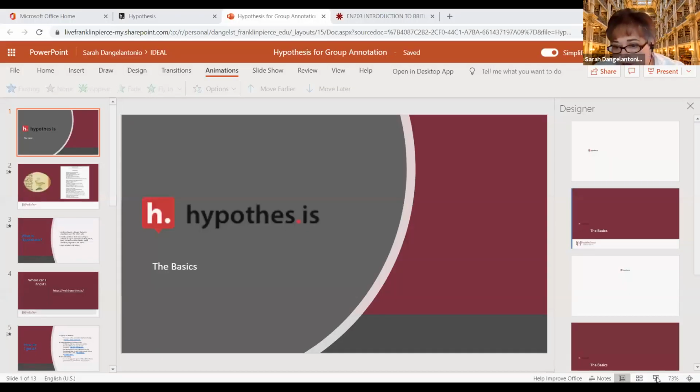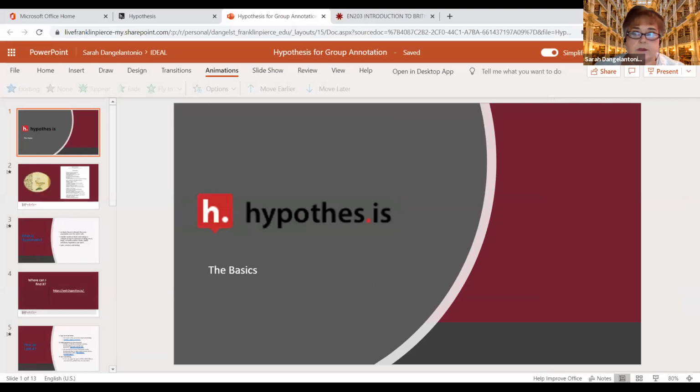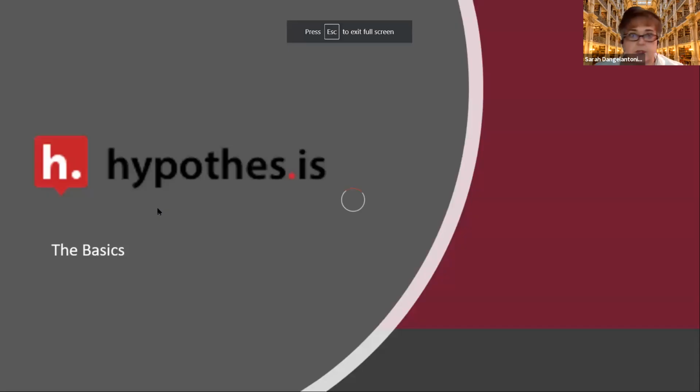Also, I think you'll find posted in the chat right now a link to a Hypothes group. And if you've already loaded up Hypothes on your machine, when we get to this part, you can make use of that. If you haven't, don't worry, there'll be plenty of things to look at. So I'm going to share my screen and get us going. There we go.